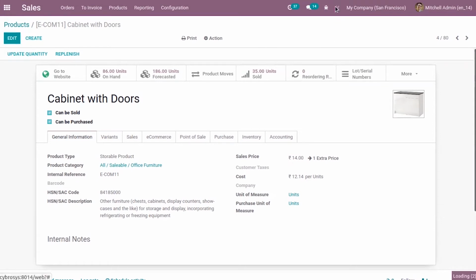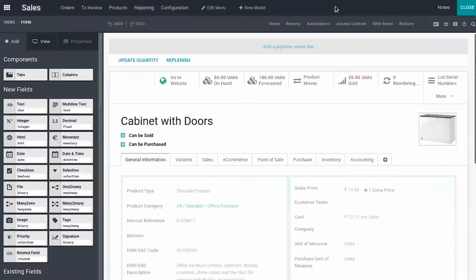let's click on Studio. Okay, and here above you can see the option to add a pipeline status bar to this product form.